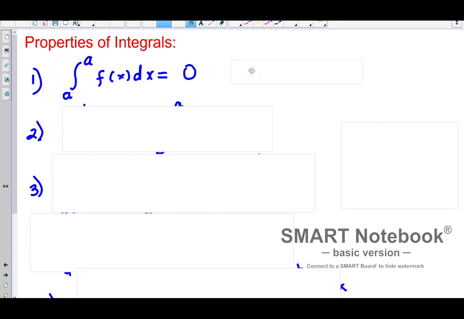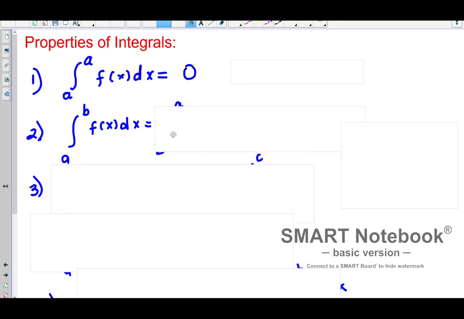We're standing still at the same point, right? You can also think of this as the entire derivative of capital F at a minus the entire derivative of capital F at a. When you subtract, the difference is 0. Okay, what about